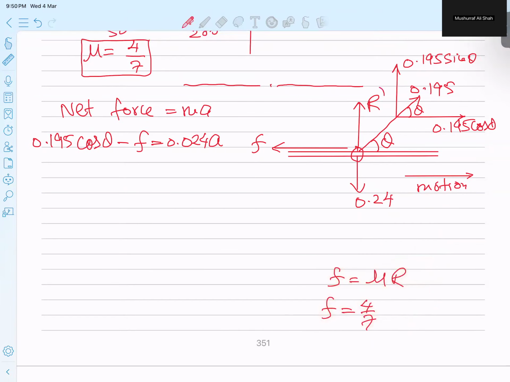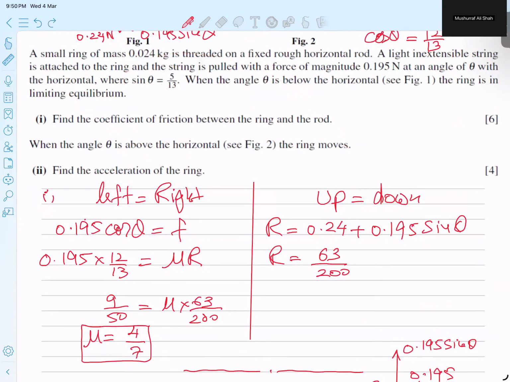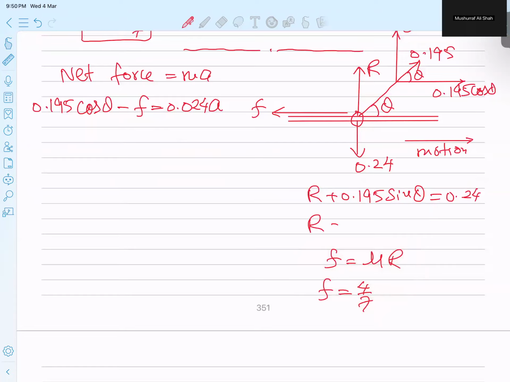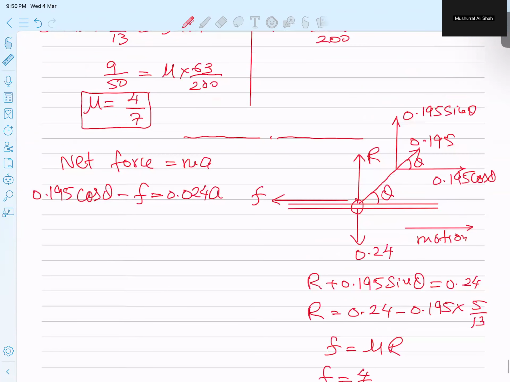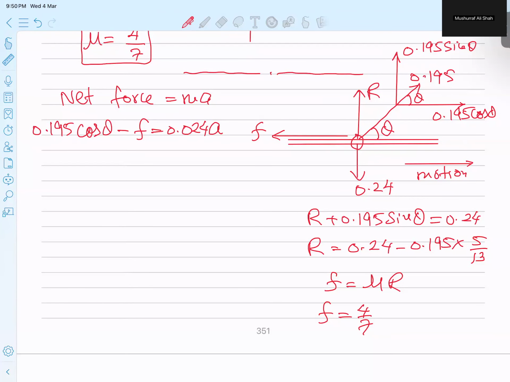So what is the R value? This upward, this downwards. So I can say here R plus 0.195 sine theta is equal to 0.24, and the sine theta value we have is 5 by 13. So I'm going to plug in 5 by 13, and then I can easily get the value. So R is equal to 0.24 minus 0.195 into 5 by 13. Let me recheck. So yeah, 5 by 13. Now I am typing in the calculator 0.24 minus 0.195 into 5 divided by 13, and I'm getting here